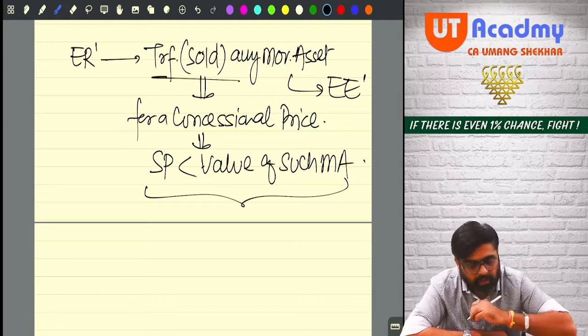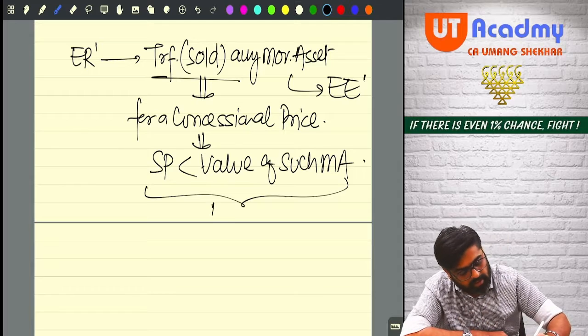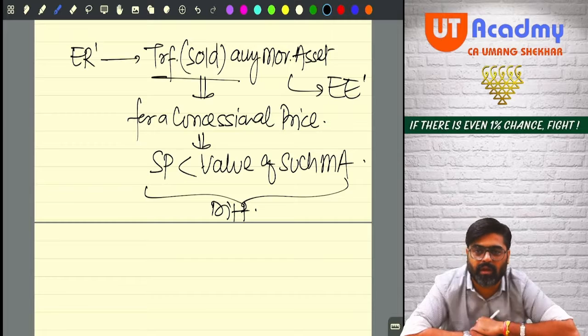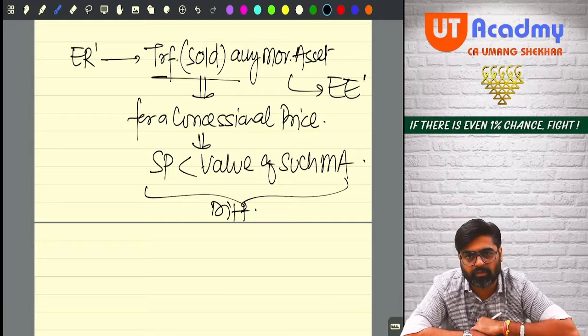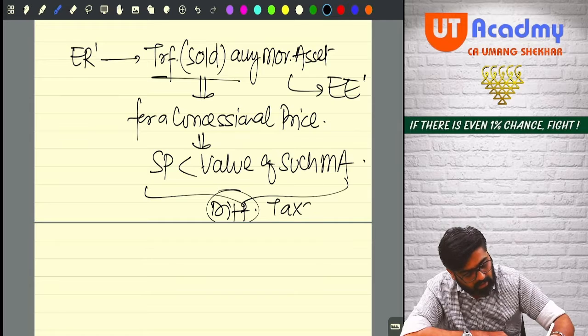So whatever difference between the selling price and the value there is, that difference is nothing but the benefit for the employee, because the selling price recovered is very less compared to the value of that asset. So whatever difference is there between the selling price and the value of such asset, that difference will be taxable